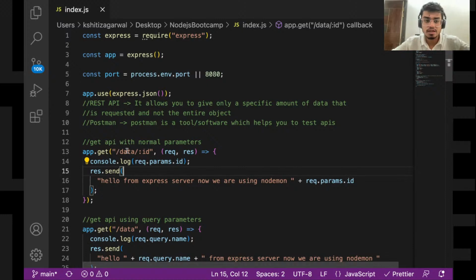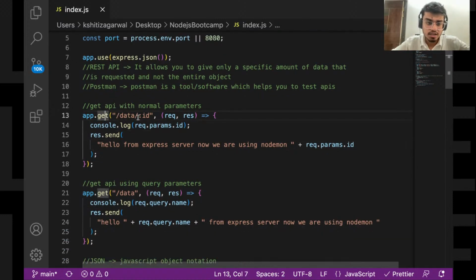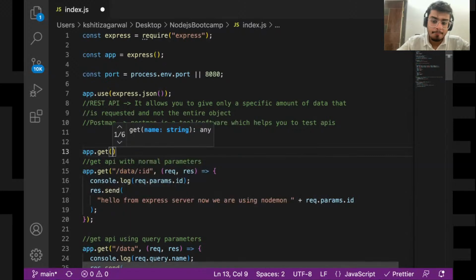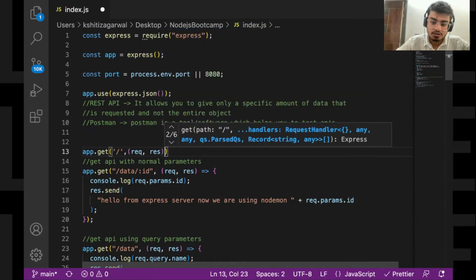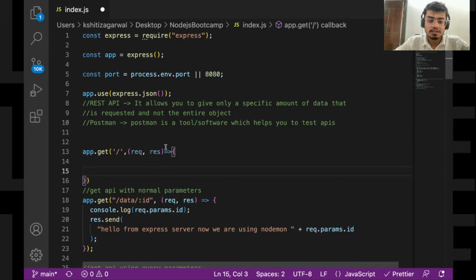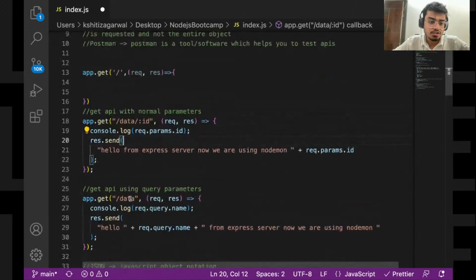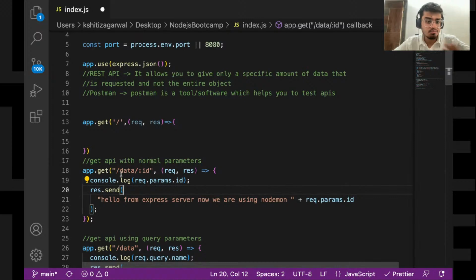Till yesterday you might have seen that we had different kinds of APIs, one data API, another data API. If I create another API, app.get('/simple'), with request and response, this is again a simple GET API, and the route means the path. The path of this is /simple, and here it is /simple data along with the parameter ID. Here it is again simple data. So you see these are different kinds of routes, right? This is basically simple routing.